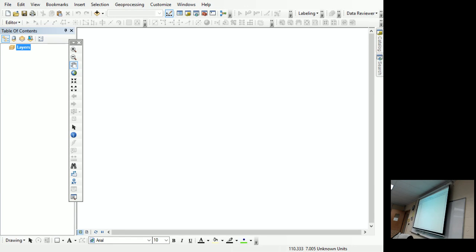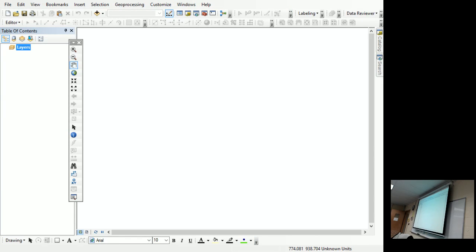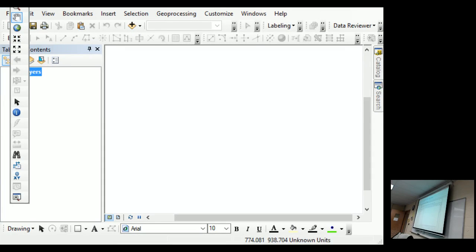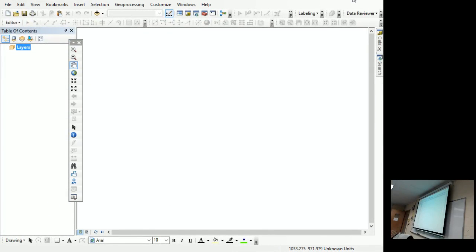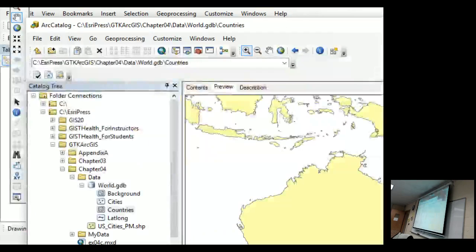To do this, you want to minimize both windows. To minimize the windows, hit that middle button, open up ArcCatalog, hit the middle button.